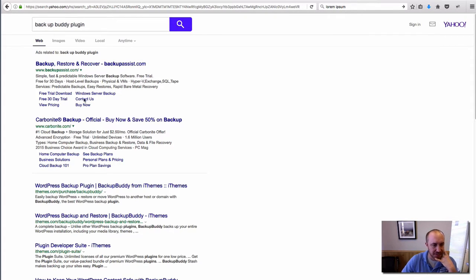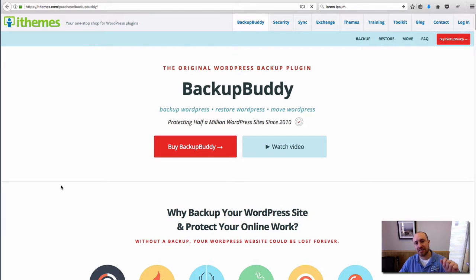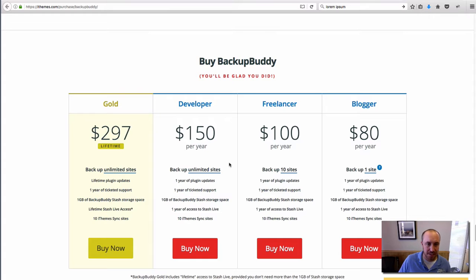Backup Assist. That's another version of it. Okay. So iThemes.com is a company that makes this plugin, and it's not free. I pay for it every year to have it renewed, and I believe it's like $150 a year, unlimited sites. I use it on all my clients' sites and on my sites, of course, and then we make backups so that if my website ever gets hacked into, goes down, the server goes down for whatever reason, I will have